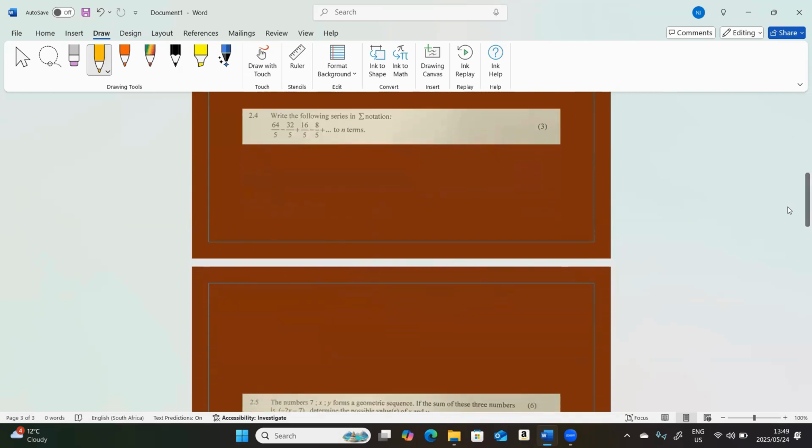Okay, so 2.4, and now this is where you have to focus because in my experience with my grade 12s, they always struggle with sigma notation. Always, always, always. And it's actually the principle of applying this is very, very simple. Okay, so now